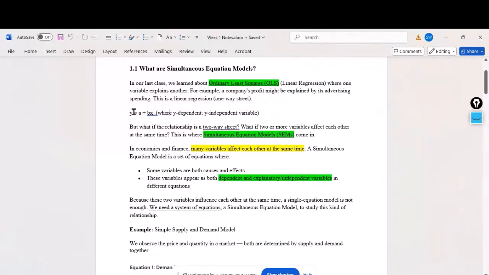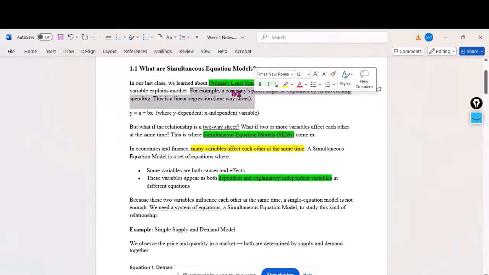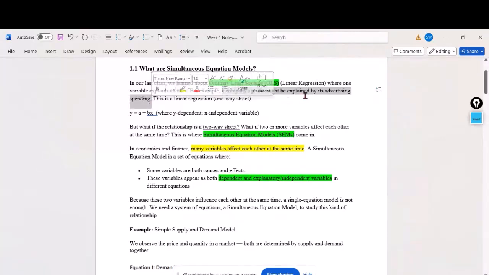And in this case, y is the dependent and x is the independent. So we are investigating how x affects y, or how the independent variable affects the dependent variable. For instance, we have given an example here. How is a company's profit explained by the advertising cost? In this case, the advertising spending or the advertising cost is the independent variable, and then the profit is the